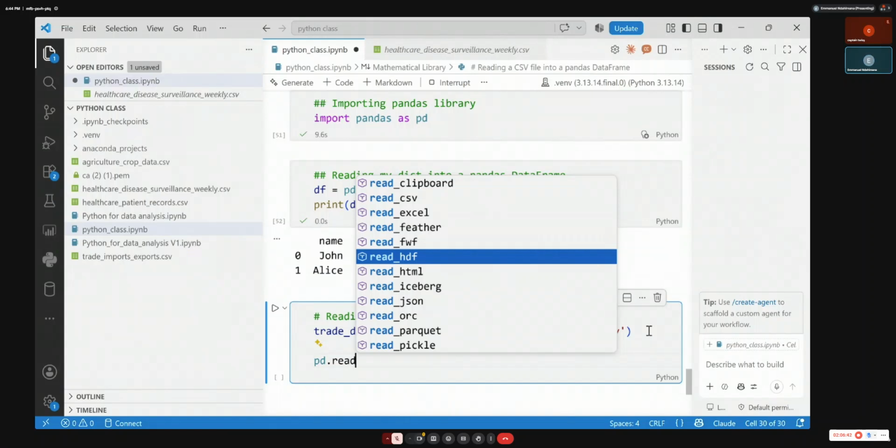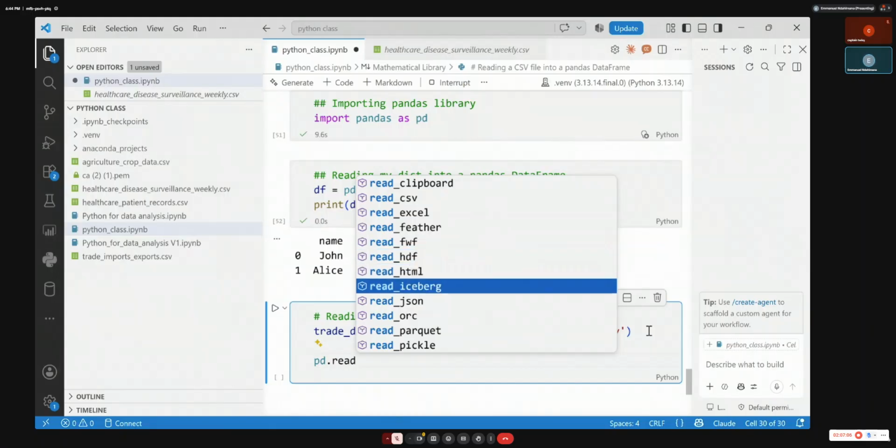HTML? Hadoop. HDFS is Hadoop, yes, but in full, HDFS is what? H is Hadoop, D stands for distributed, file system. HDFS is the Hadoop Distributed File System.